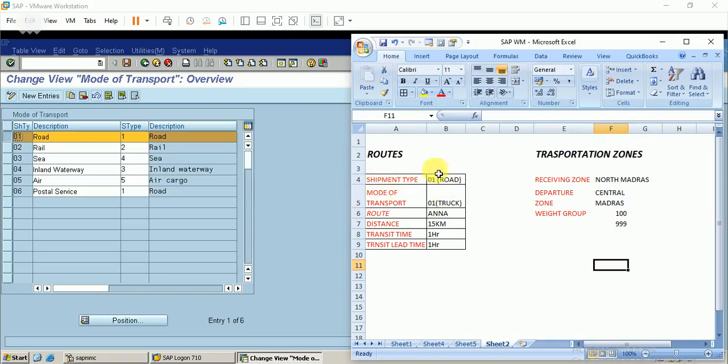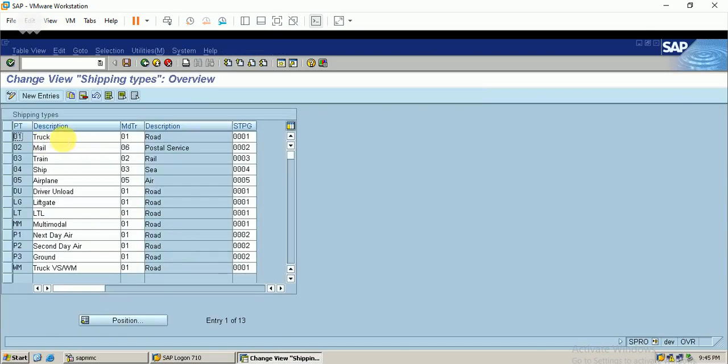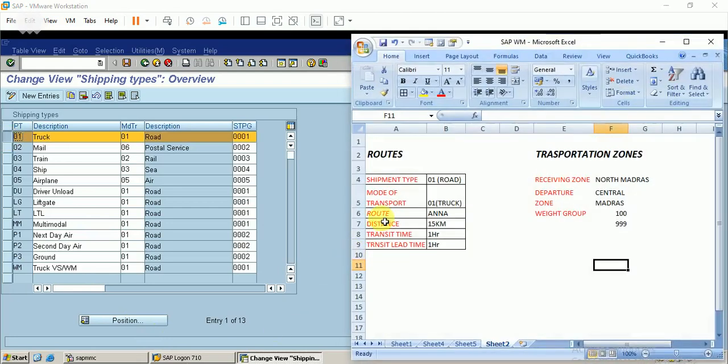We will make use of this. The next step is shipping types. We can make use of this entry, that is truck. I've maintained that also. The mode of transport is 01, that is truck. I just go to the next step.